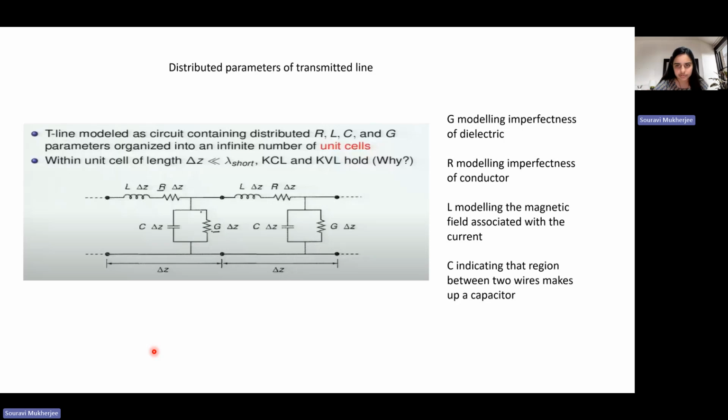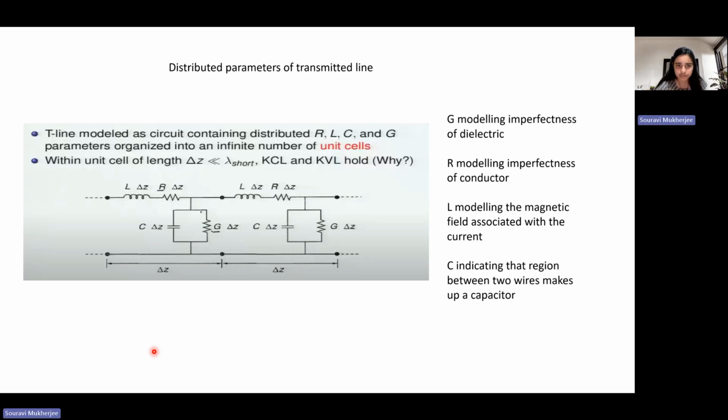No wire is of zero resistance, right? So there's a resistance for the wire. And because the dielectric in between can have imperfections that can result in a net conductance, basically a resistance in parallel. So all these are the different ways in which your transmission line can start modifying the signal that is getting transmitted. So each transmission line is divided into small unit cells, where for each such unit cell,